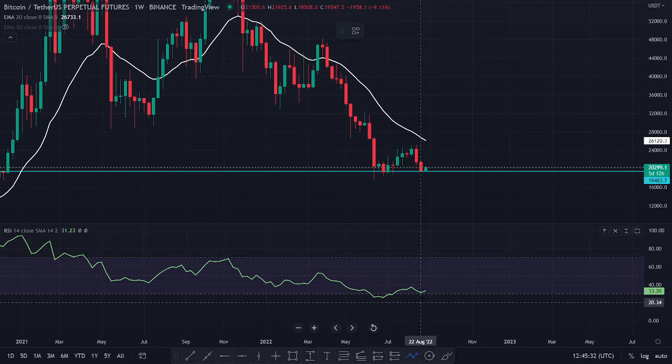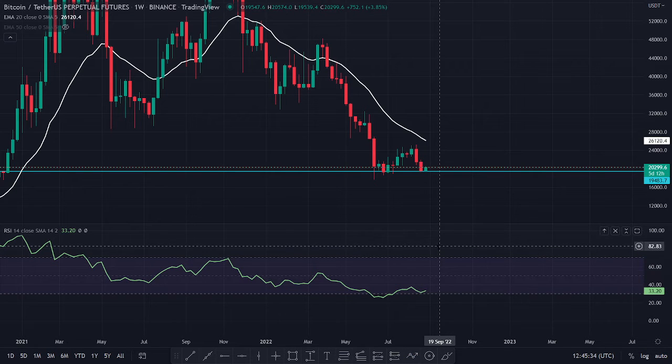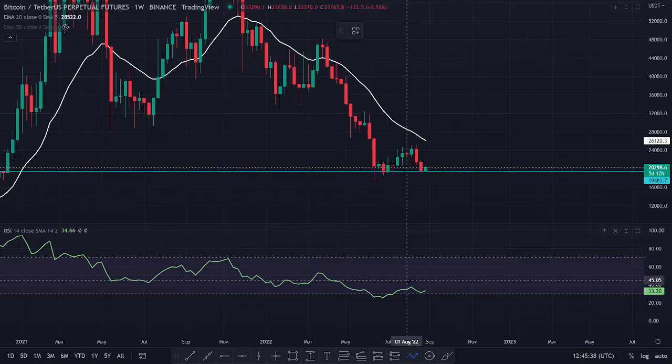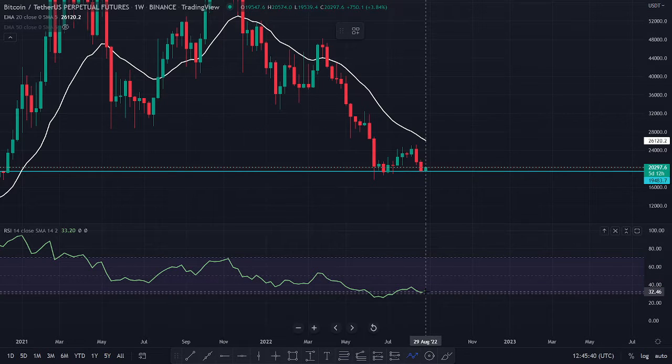Just because this RSI went slightly above doesn't mean that Bitcoin is going to go upwards. Because it actually seems to me that RSI is not signaling any kind of uptrend, nor is RSI diverging. There is no sign of any divergence. Now, what actually is happening?